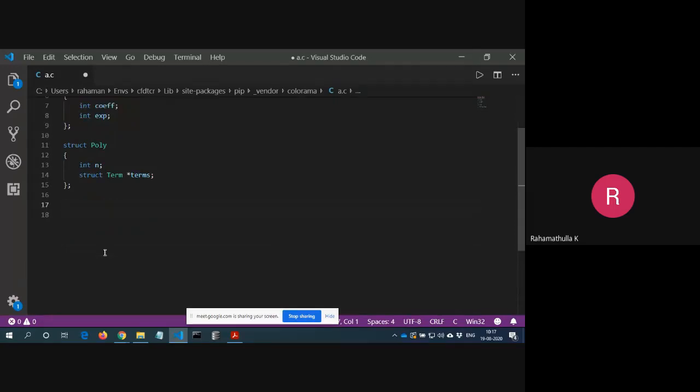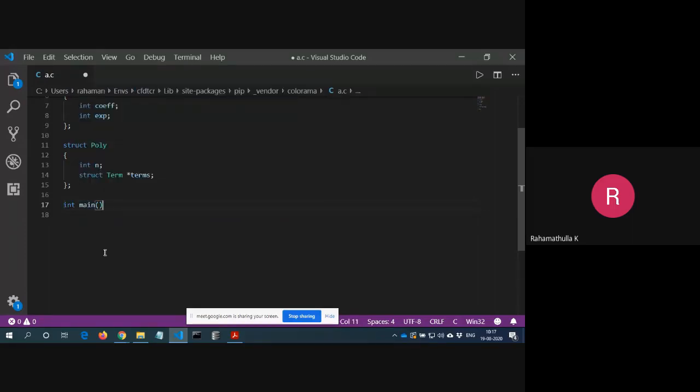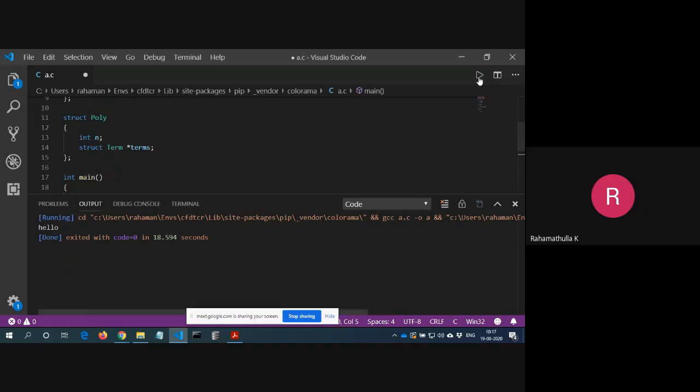Now let's write a function for creating. First we'll write the main function, int main, return 0. Let's see if this works without any error.